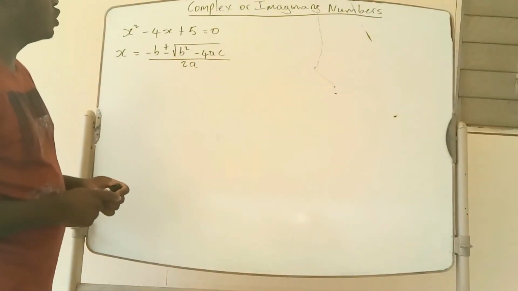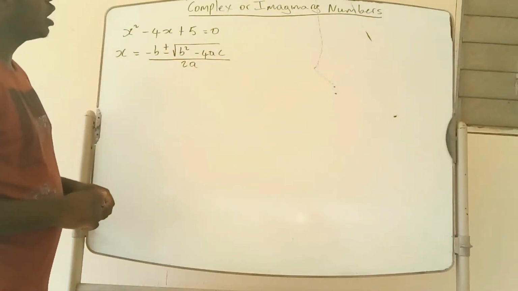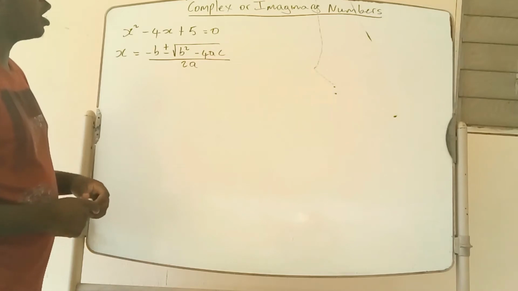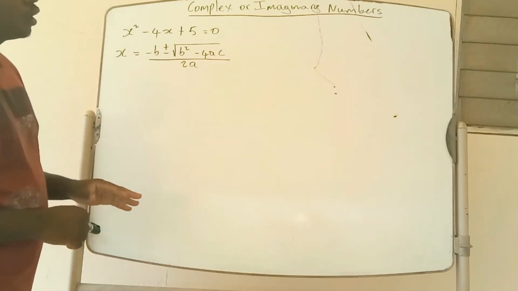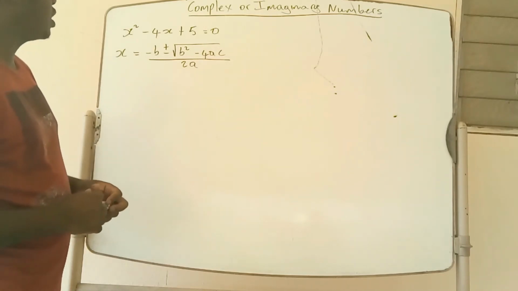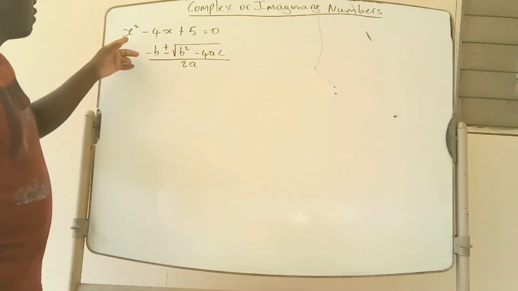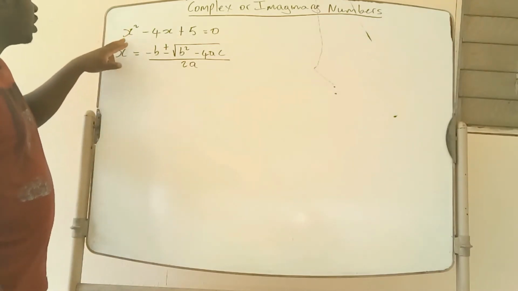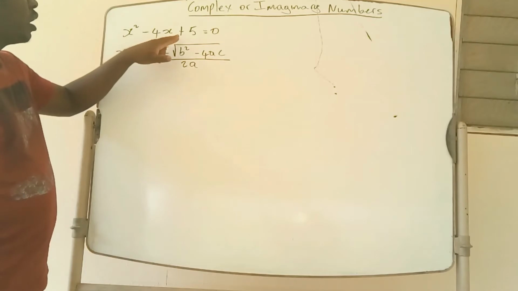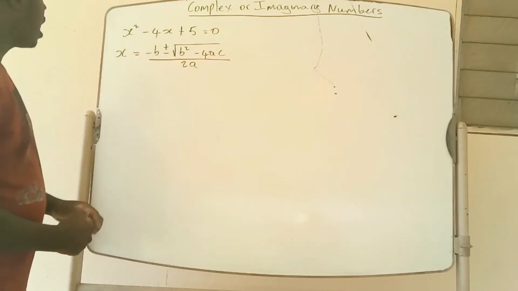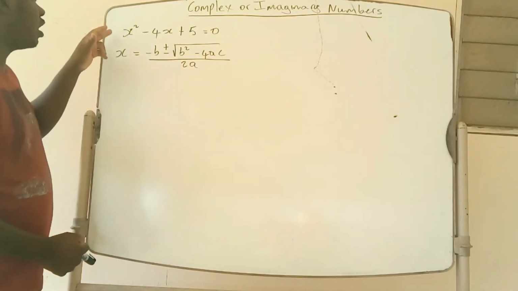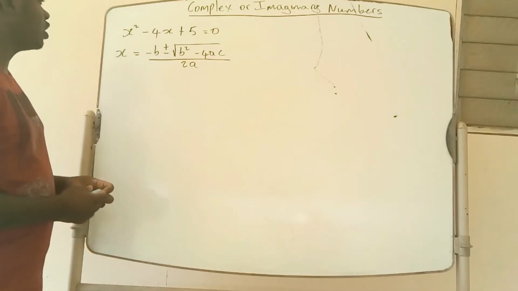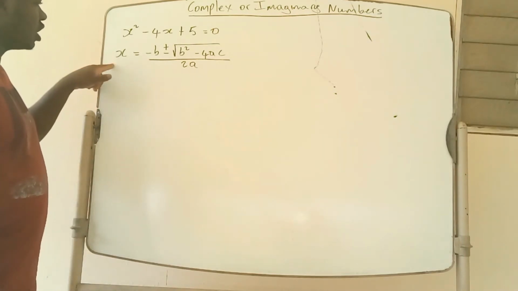In this video what we are going to look at is complex numbers, or imaginary numbers, right? But before I get into what complex numbers are, let's say that we have this quadratic equation, x squared minus 4x plus 5 equals 0, and you are asked to solve it using the quadratic formula